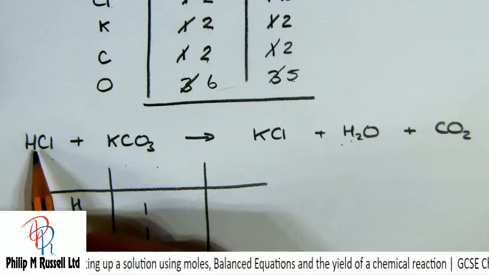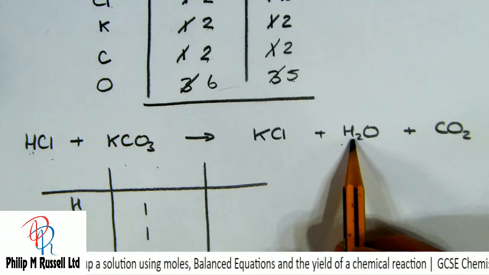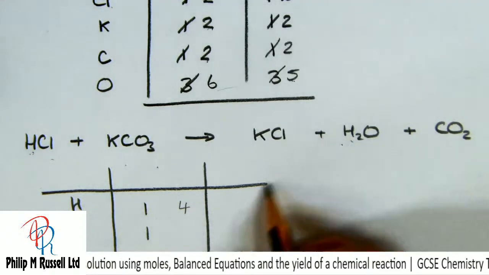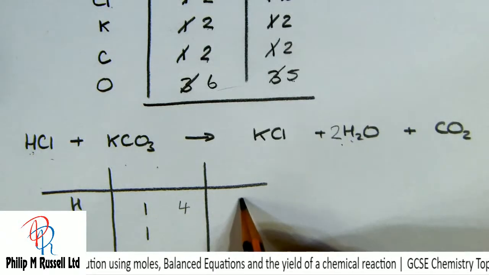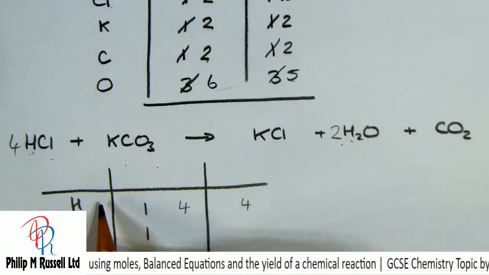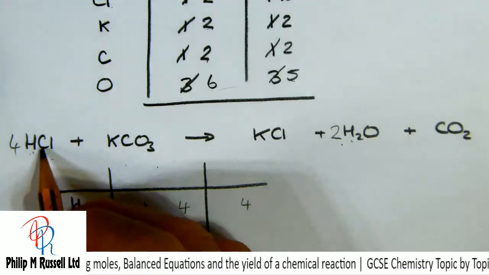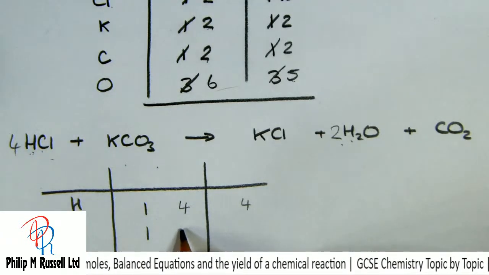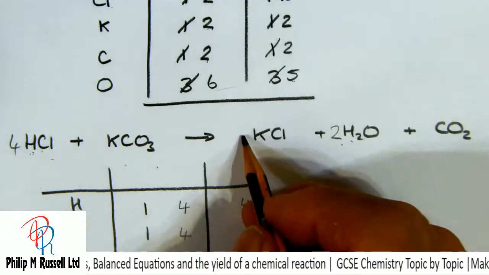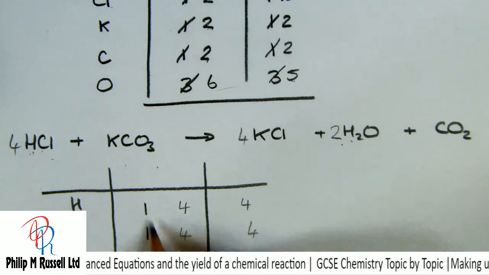If I start off with 4 of these, then we're going to have 4 here, and if we have 2 there, then we'd also have 4. The chlorines will have to increase to 4. At the beginning, 4 at the end,